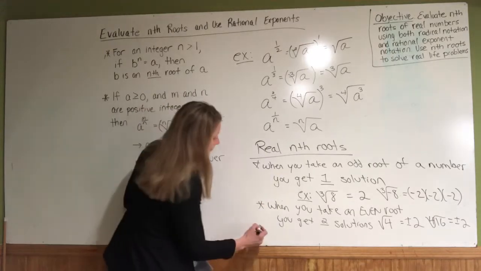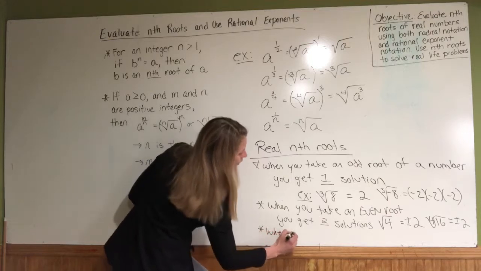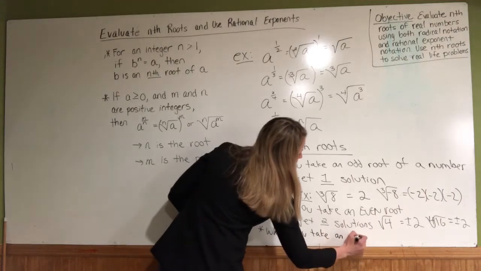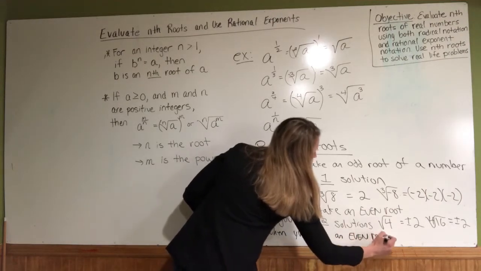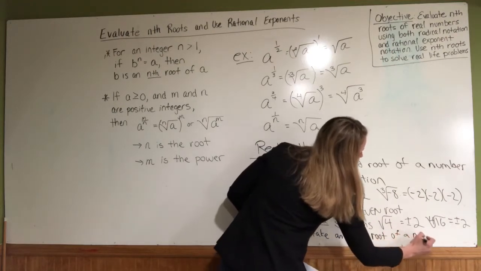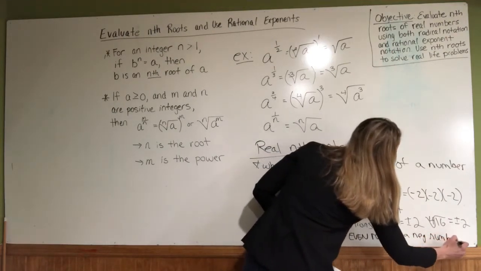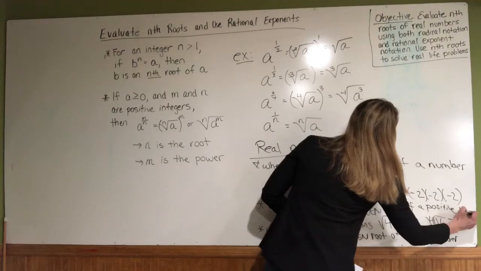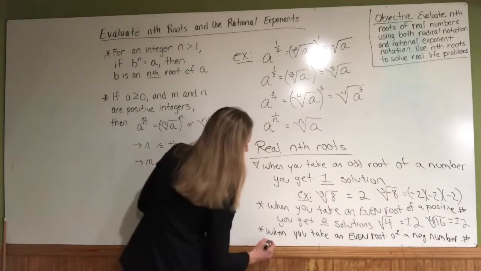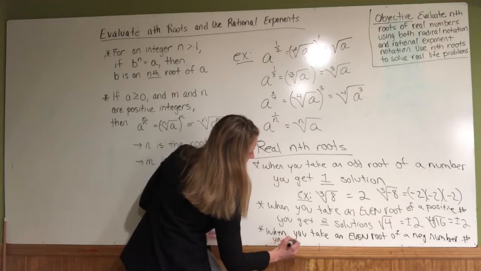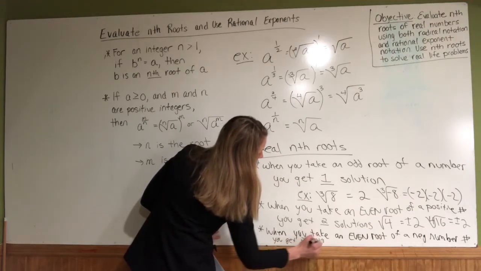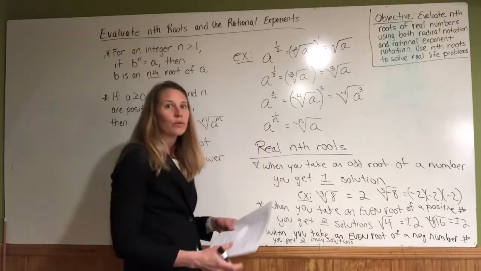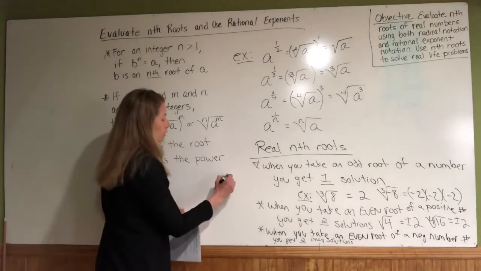And then finally, when you take an even root of a negative number, this one was of a positive number, you get, and you probably guessed it, imaginary solutions. And we've talked about that in previous lessons, where when you go to do a square root of, let's say,